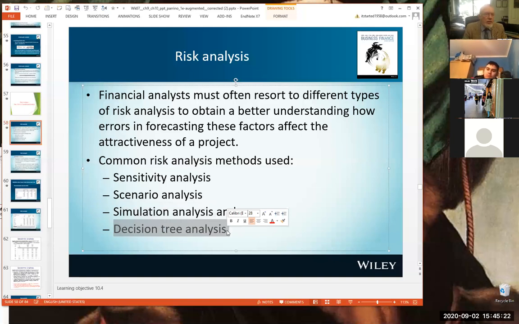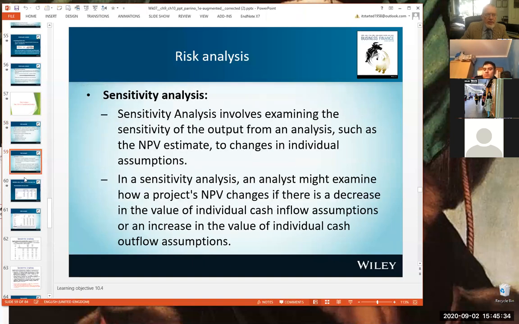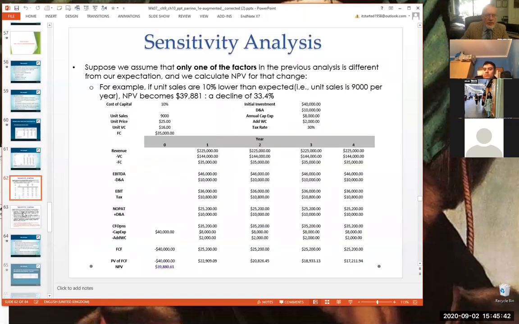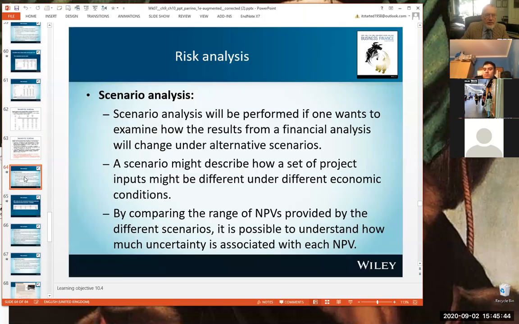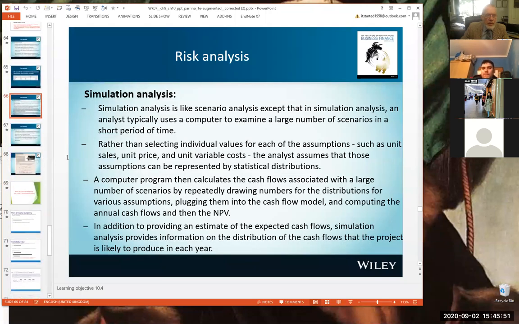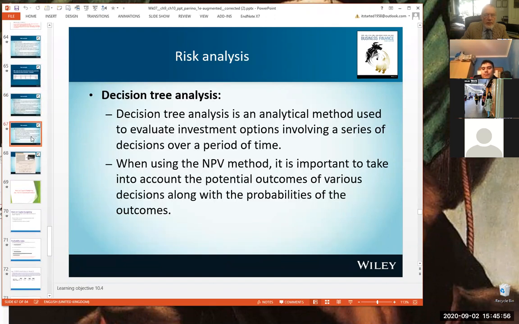I'll recommend that you read through the slides on this one. It's a relatively simple, common sense kind of approach, and it works on probabilities. Actually, we'll duck down to the slide and I'll show you what I mean. First of all, you can read through these. Sensitivity analysis, here's a bit of a worked example. Sensitivity analysis, read through. Scenario analysis, I've talked through all of that so you know what's going on there. We get down to simulation, talk through all of that. Now we get to the decision tree.